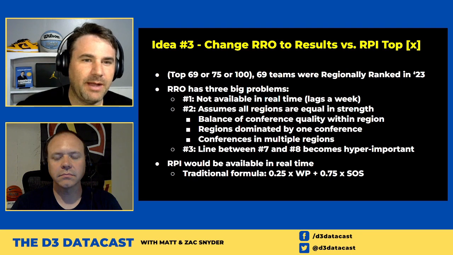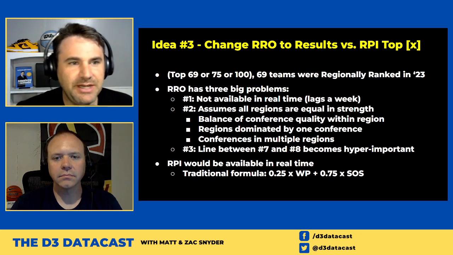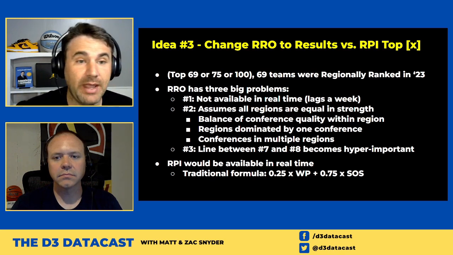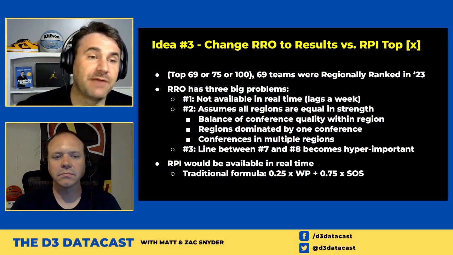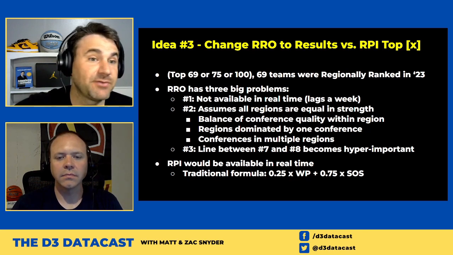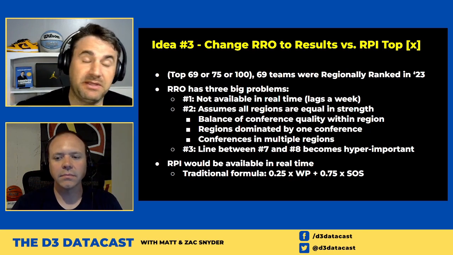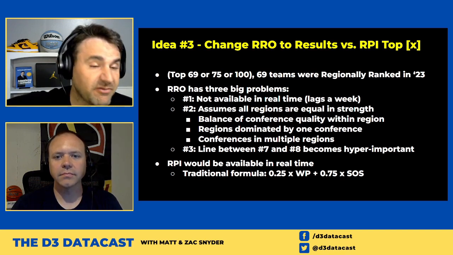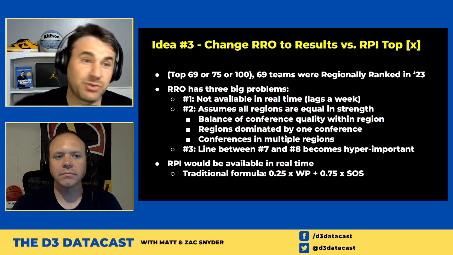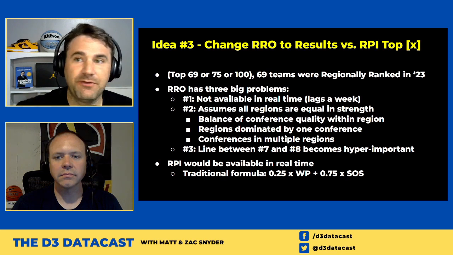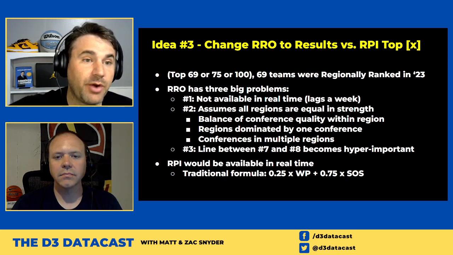And the other region equality issue is we have some multi-region conferences, notably the Coast to Coast and the UAA. The potential is that those conferences could have access to the number 1 or number 2 spot in several different regions across the board. So maybe, we saw Case and Wash U being highly ranked in their regions. Emory could very well have been a top-ranked team in Region 6 or Rochester in Region 3. And all of a sudden, one conference, the UAA, maybe has 4 teams ranked number 1 or number 2 in the region.